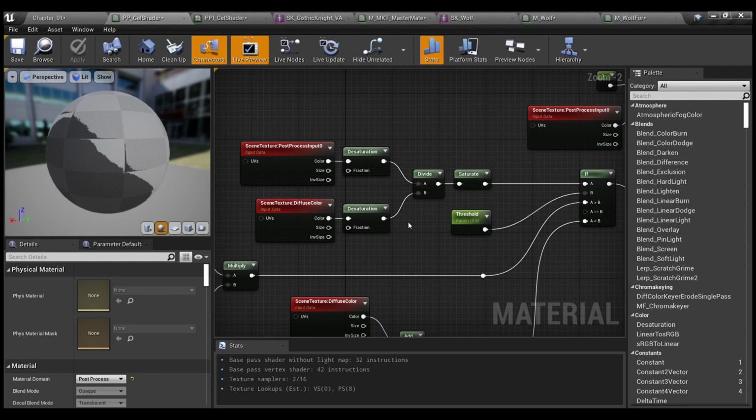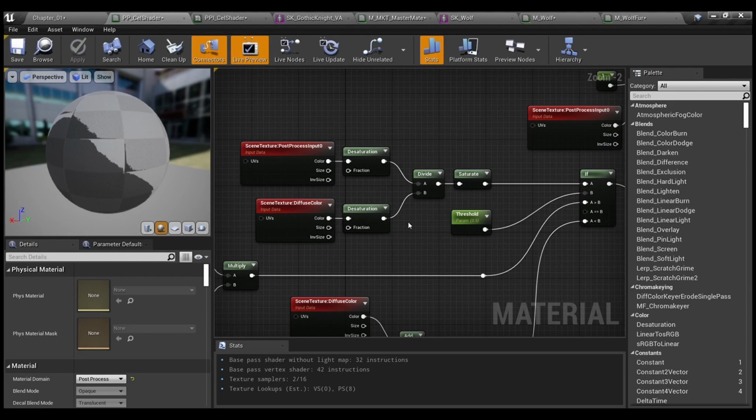So to fix this problem, we need to actually extract the light buffer, where we have the gradient from white to black, and if we use it for our cel shading as the mask, when we use an object to cover our cel shaded object, it will